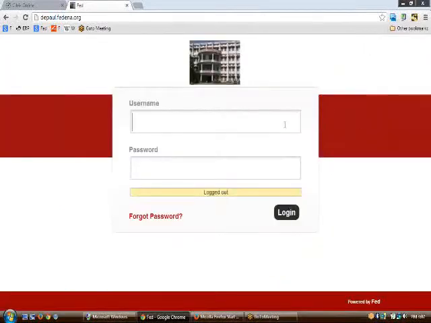The first login page that you will encounter on logging into your URL is this one. We will be starting up Fedena by putting our credentials into this. Basically, in Fedena there are four kinds of login: the admin login, the student login, the parent login, and the employee login.